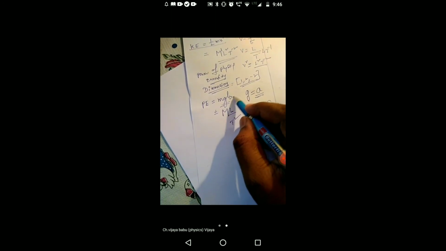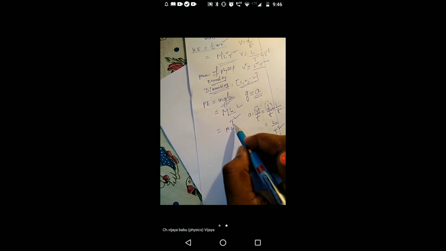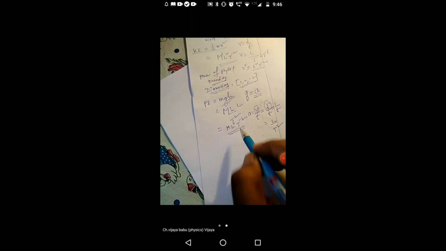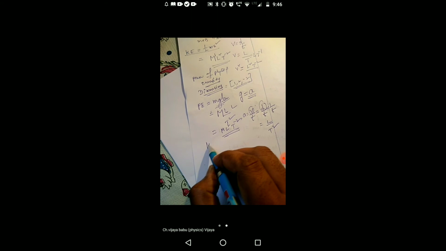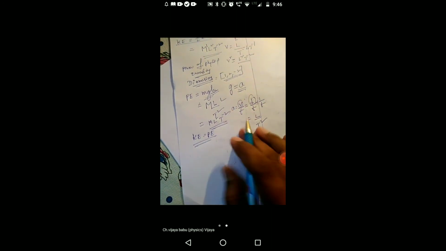It means M L by T square into H. H means it is also a length L. It means M L square T power minus 2. It means kinetic energy and potential energy dimensional formula is same. Next, I am going to explain the dimensional formula of